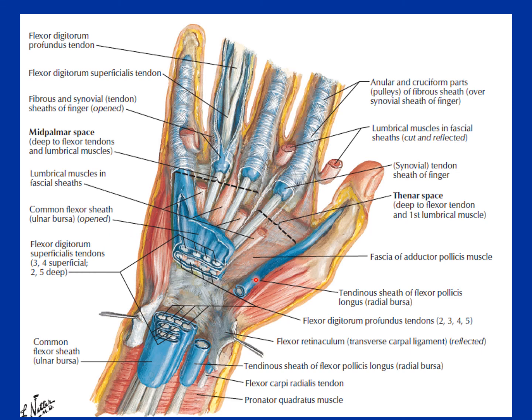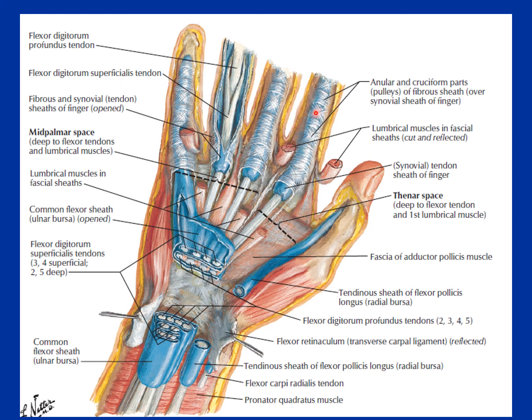On the other side, the tendon of flexor pollicis longus, which is moving towards the thumb, has its own separate synovial sheath or flexor sheath, and that is known as the radial bursa. So as we have discussed, they are minimizing the friction and covering the structures, and they are overlapped by the fibrous sheaths